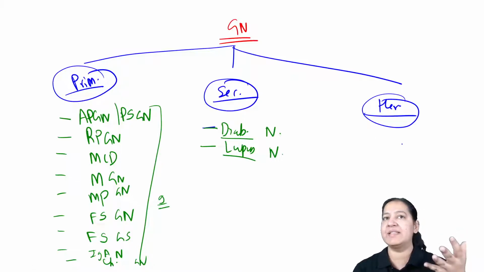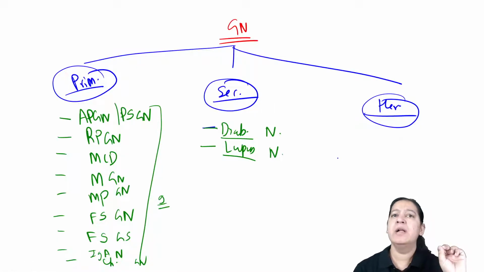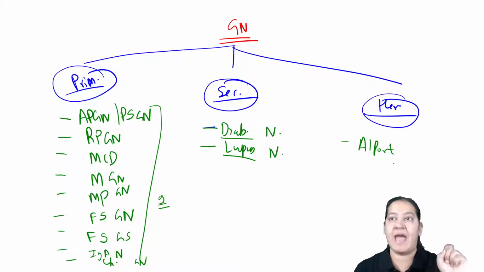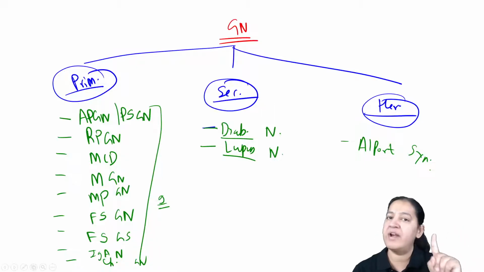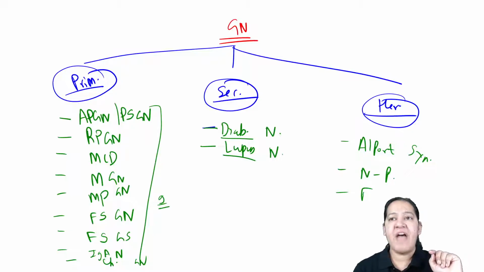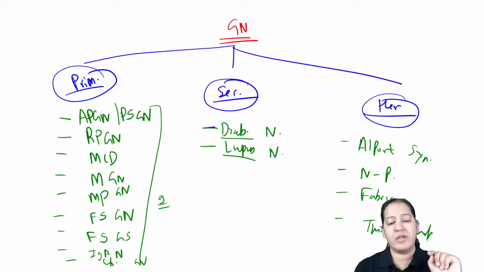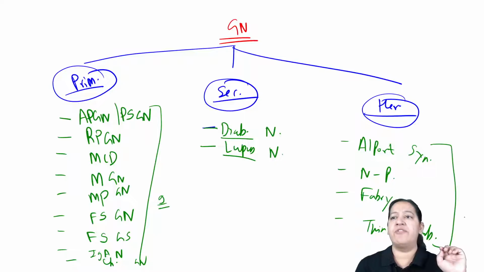Now coming on to hereditary glomerulonephritis. As the name indicates, hereditary means it will be congenital. So on birth only the child will have this glomerulonephritis, in a syndrome along with other features also. There are four types of hereditary glomerulonephritis. The most important among these is Alport syndrome, which is the most common among hereditary. In Alport syndrome, many things occur, but glomerulonephritis is one of them. Nail patella is second, Fabry disease is third, and fourth is thin membrane disease. These are the four types of hereditary glomerulonephritis.